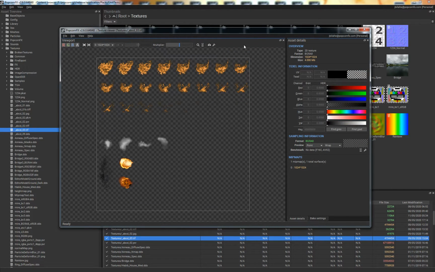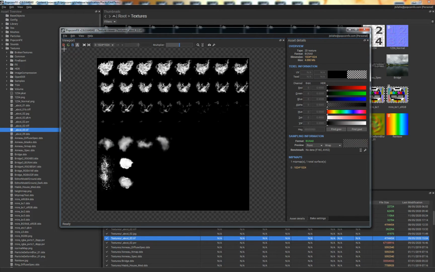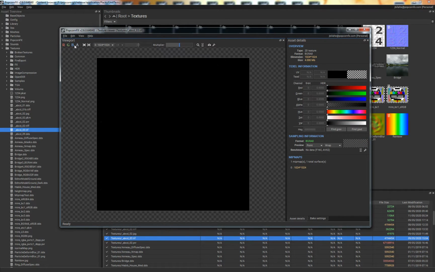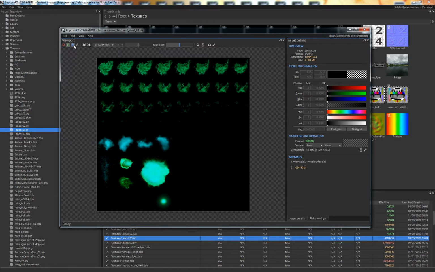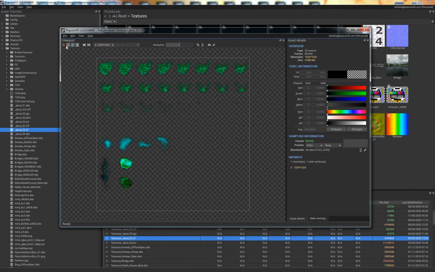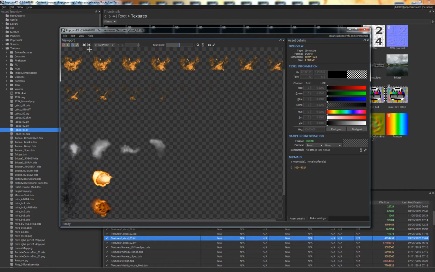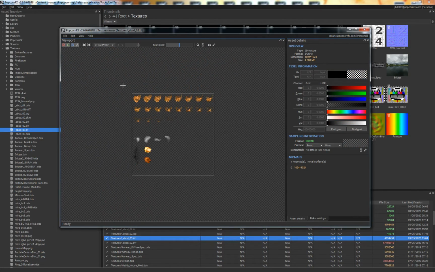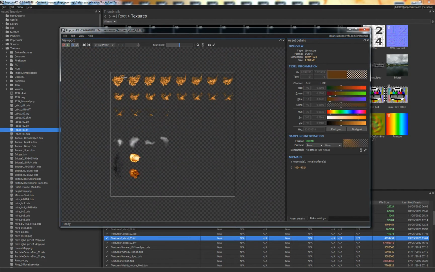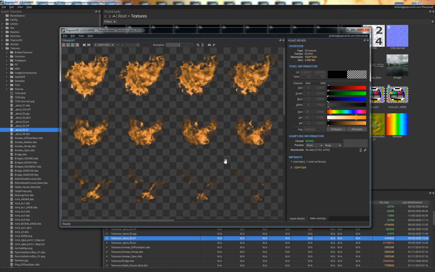So here in the viewport panel, you will see RGBA toggles that allow you to selectively show or hide each channel. Textures that do not have alpha won't have this alpha button. You can also zoom in the texture using the mouse wheel. When you are zoomed, you can pan the texture using left click,